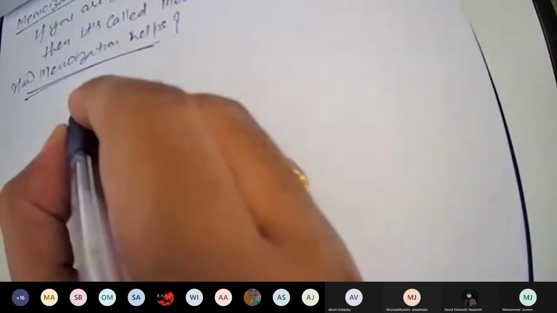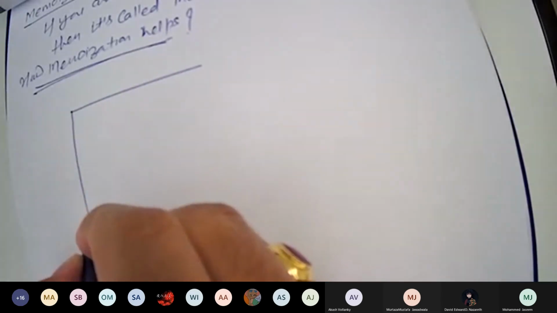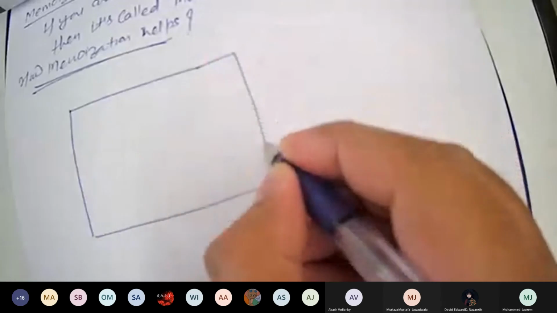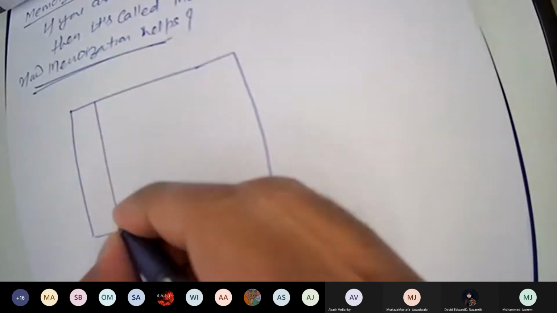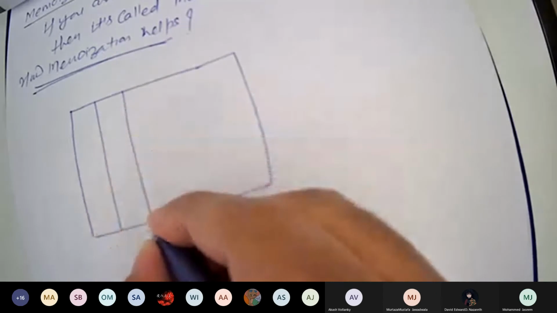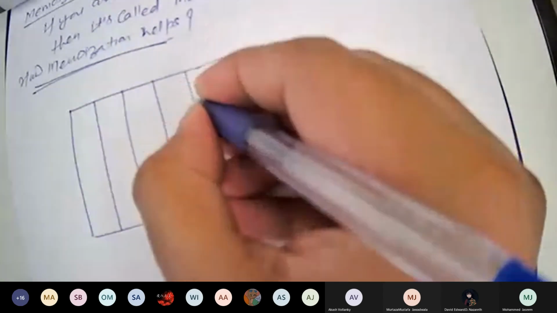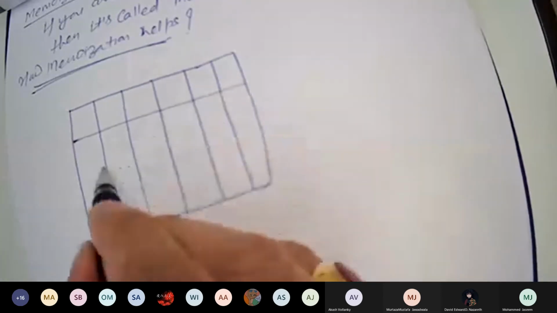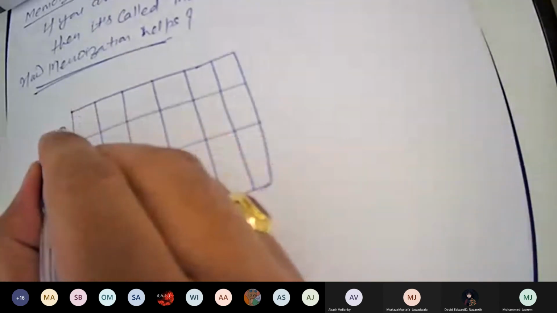So how can we make this? Let's make one table, and with that you will understand. The rows are 0, 1, 2, 3, 4, and 5, and the columns are 0, 1, and 2.